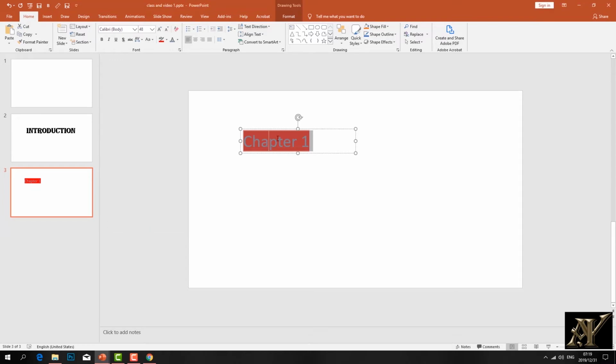It depends on what you do. From here you can choose different types. I can start a sentence. Let me remove the background. I will select here, go to here and put no color. I can choose a sentence, like let me say chapter 1, and I can press enter. I can say talking about